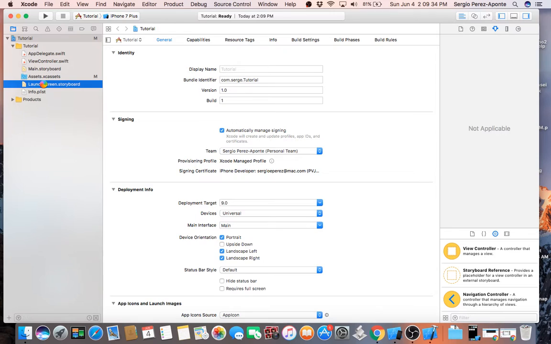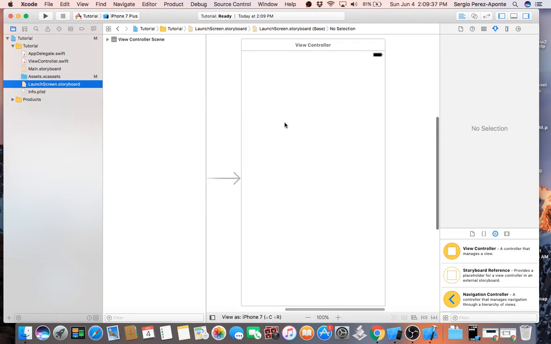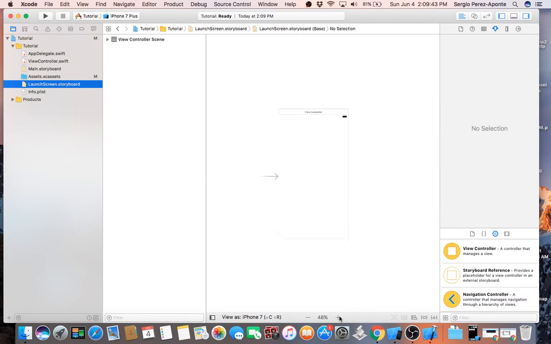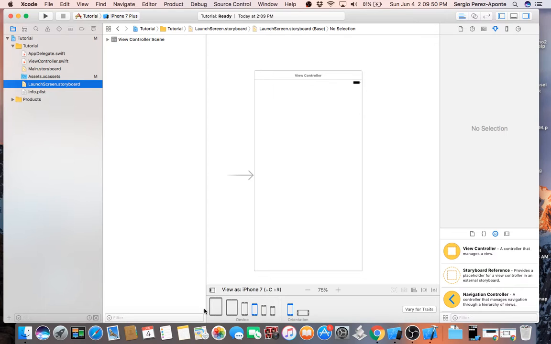Let me show you the launch screen. So this is what we have as a launch screen, we can make it smaller. Right now we are developing using an iPhone 7, but if I click here, as you can see, I can select the orientation of the device, and then we have iPhone 4S, SE, which has the screen size of a 5,